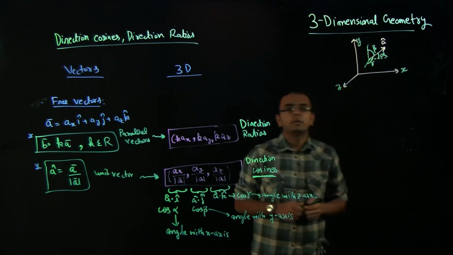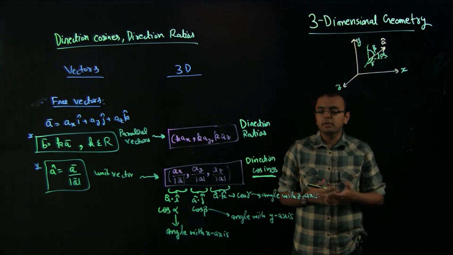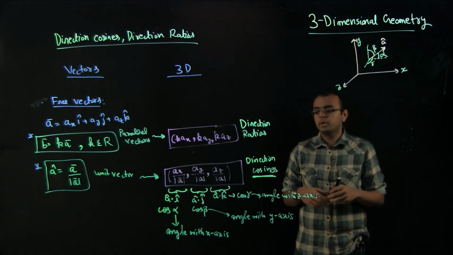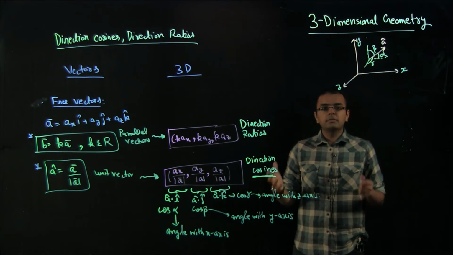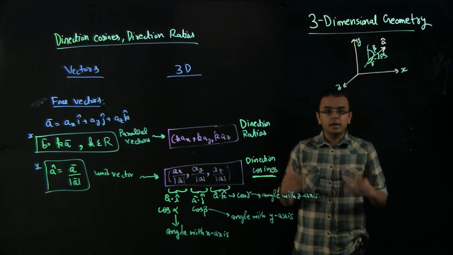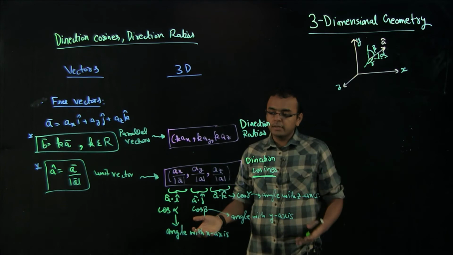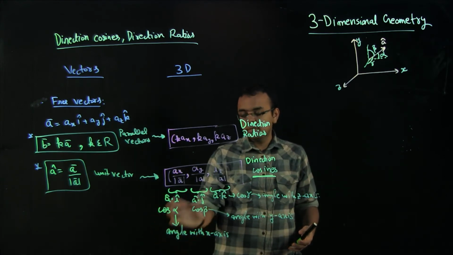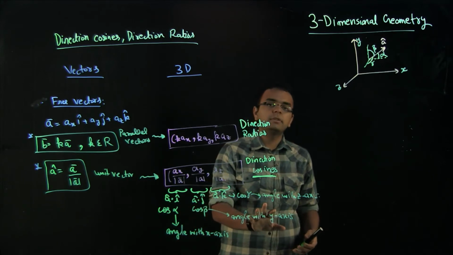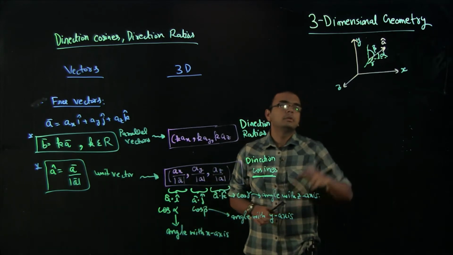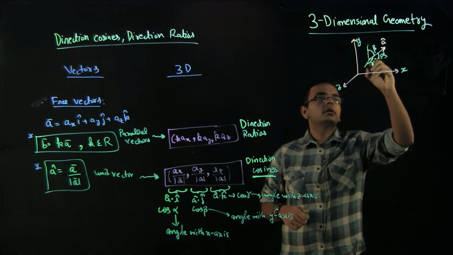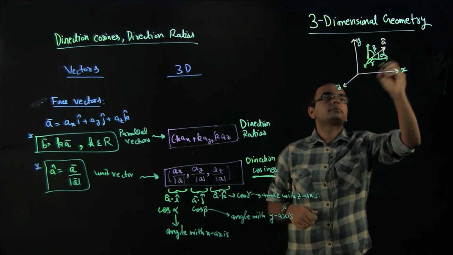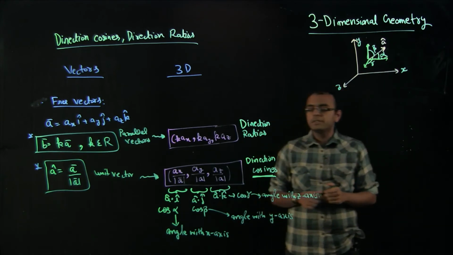You should again remember the dot product we have discussed in vectors, where dot products always help us understand the angle between two vectors, and the two vectors concerned here are A cap and I cap, which gives the angle between A cap and the x axis, A cap and the y axis, A cap and the z axis. So this is how you can also understand alpha, beta, and gamma. I hope that this is fairly straightforward.